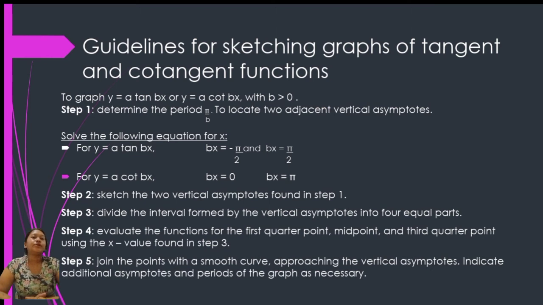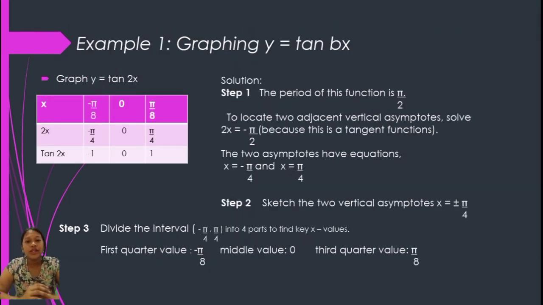So here, example 1, graphing y equals tangent bx. Graph y equals tangent 2x. This is the solution. Step 1. The period of this function is pi over 2. To locate two adjacent vertical asymptotes,